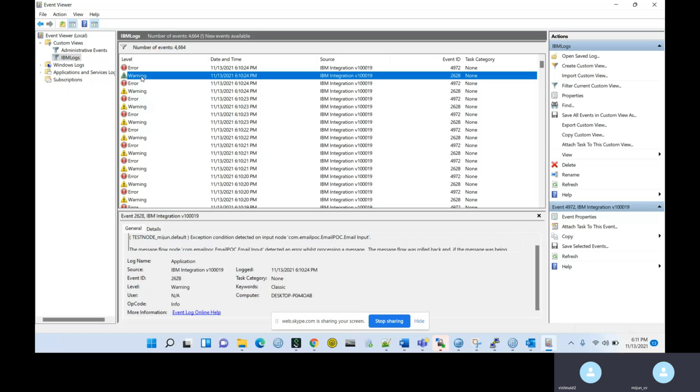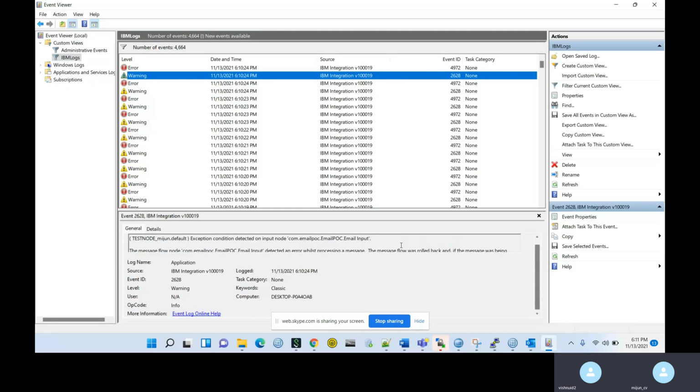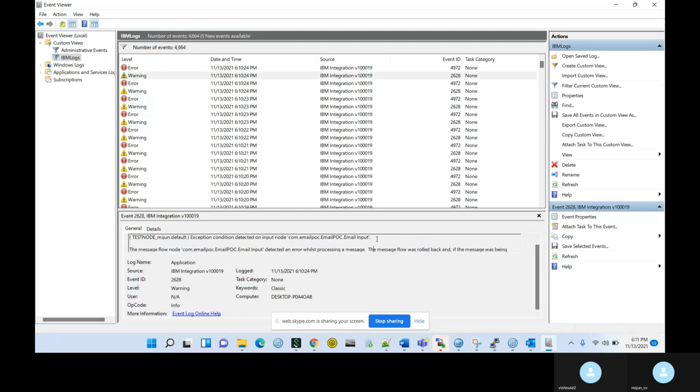Select the next entry. The message flow detected an error. Message was rolled back. Unit of work. All right. The next error.